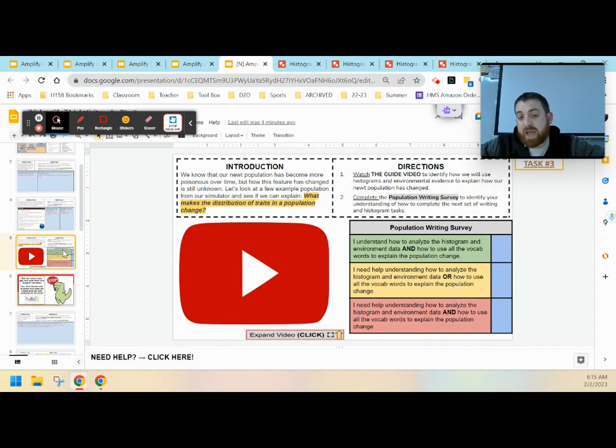So take a second, ask yourself, do you understand how to analyze the histogram and the environmental data, and how to use the vocab words to explain the population change? Place your X in your survey. If you put your X in yellow or red, reach out. And as always,